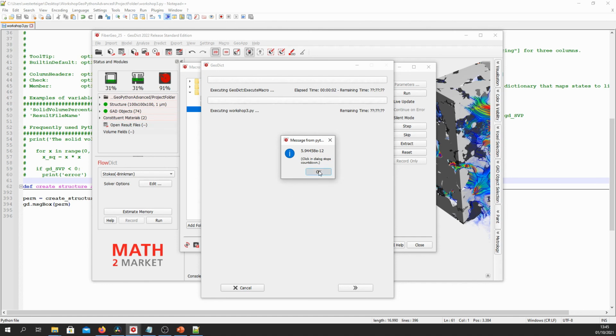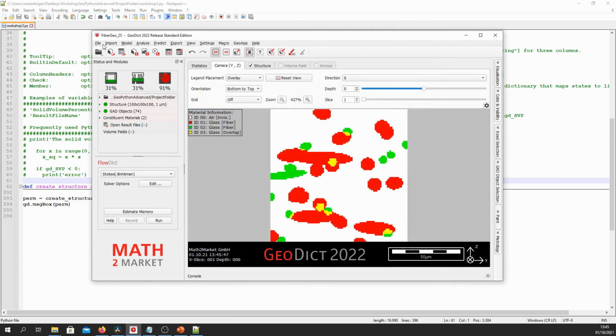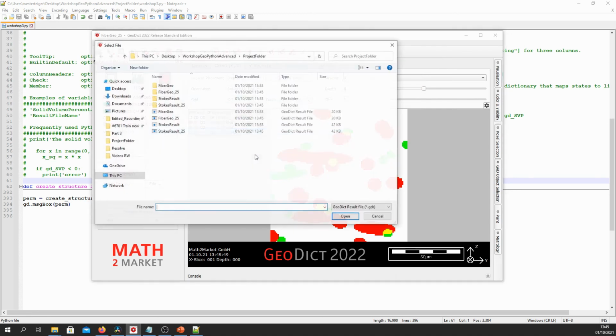And we can see that, if we close the macro execution dialog, we go to File, Open Results. We can see that we now have a FiberGeo25 and a Stokes Result 25 GDR file here, which corresponds to the structure generation and the flow solver results.